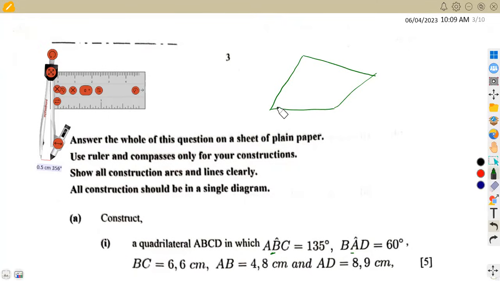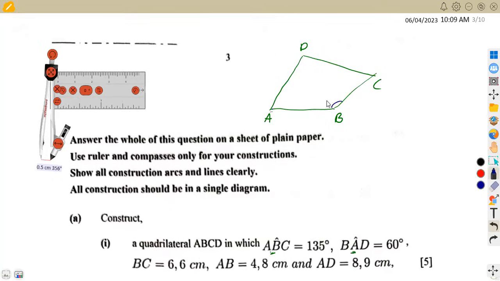So here, this is A. So this can be my A, B, C. Does this make sense? Then D. Make sure that you make it in a line, A, B, C, D. Okay, A, B, C, D. So that angle, A to B to C,